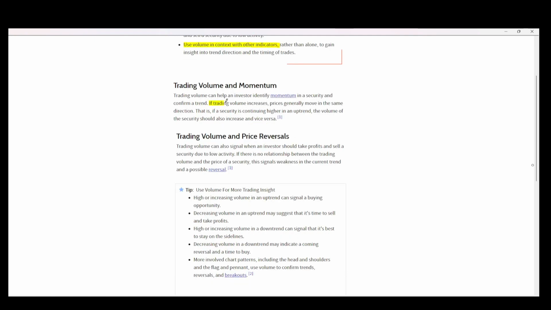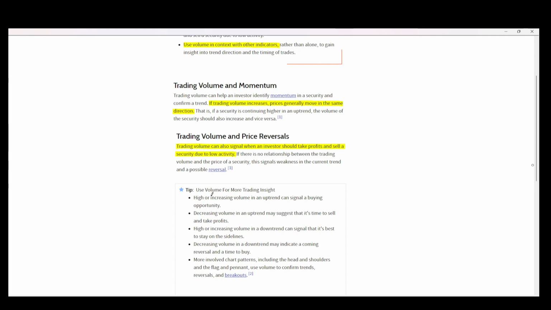All of the mentors that I've had teach this right here. Increasing volume, generally the price increases. It goes in the same direction. So this portion right here talks about price going up and possibly the volume going down. So this would be divergence. Now, there are some truths behind what we can find on the internet.